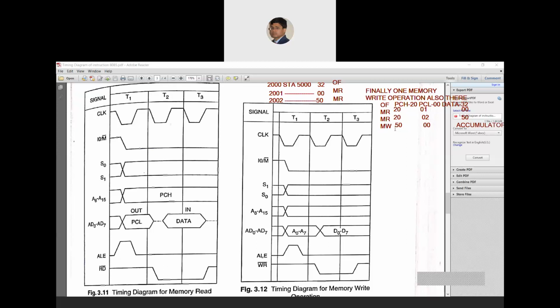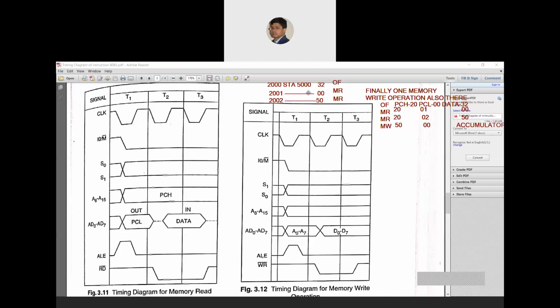So you understand how the values are changing in these signals, because here I am dealing with STA. STA means your opcode fetch, memory read, then memory read operation. So a total of 13 T-states are there, and in the 13 states the value will change accordingly, because you have written the instruction from 2000, 2001, 2002.